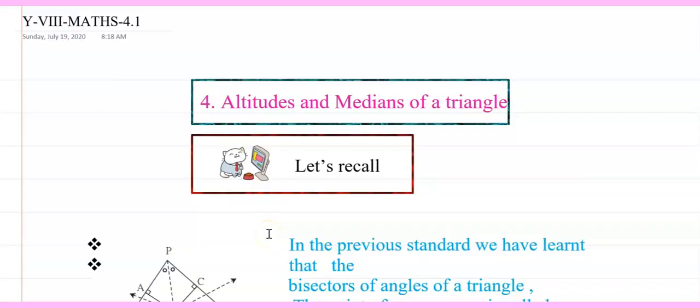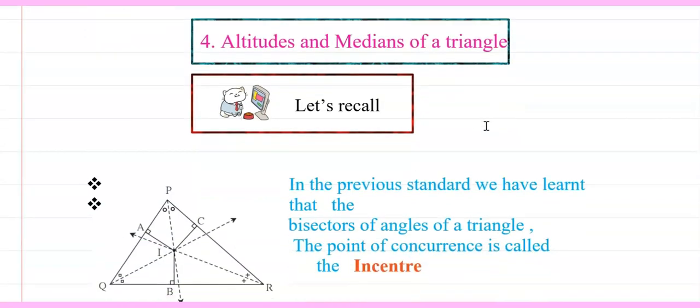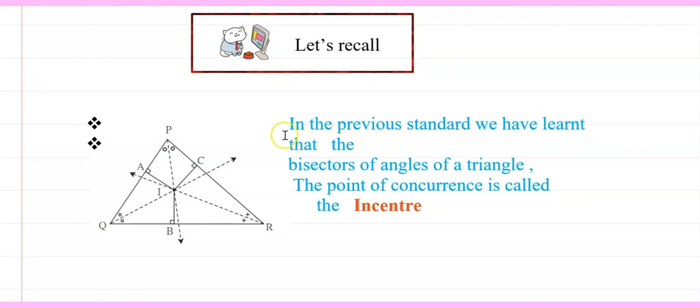Hello friends, today we will start the fourth chapter, altitudes and medians of a triangle. In the previous standard you have learned, and we will recall it, that the bisectors of the angles of a triangle meet at a point of concurrence called the incenter. If we draw the angle bisectors of angles Q, R and P, they intersect each other at the